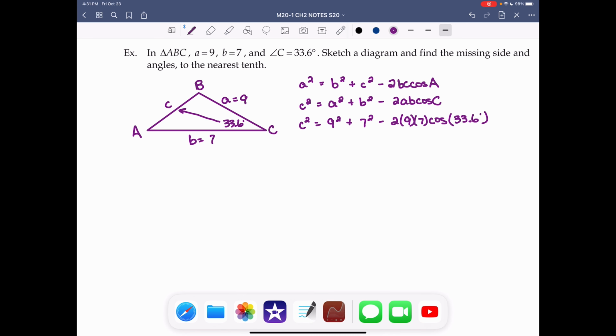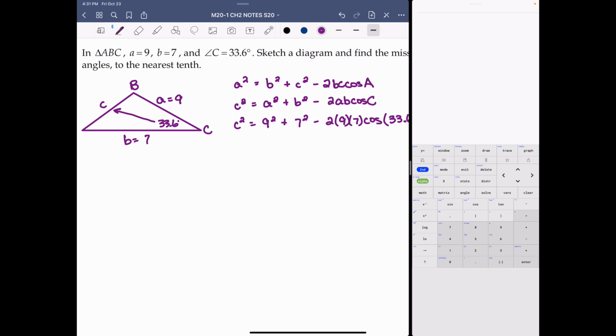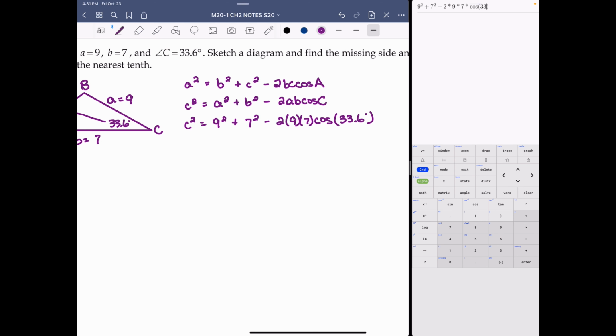Plug it all into our calculator. 9 squared plus 7 squared minus 2 times 9 times 7 times cos 33.6. Double check it. Looks good. Hit enter. We get c squared equals